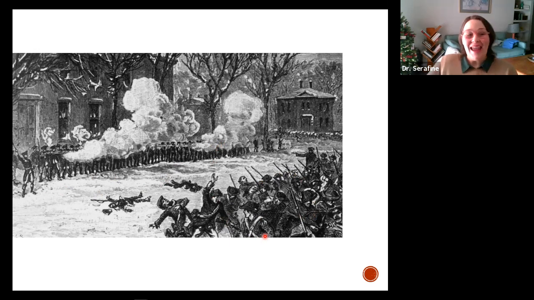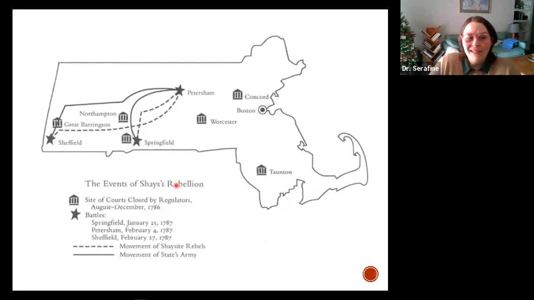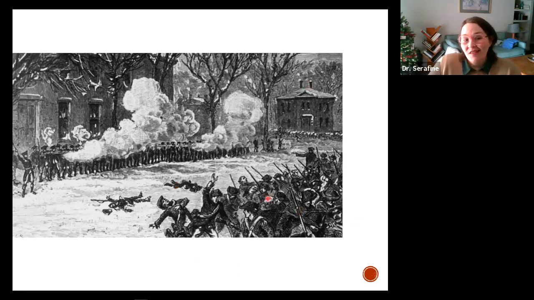I forgot his name, John Hancock, who became the next Massachusetts governor, pardoned all of them. People love John Hancock. John Hancock's one of the more radical revolutionaries. He pardons them all. There's a lot of sympathy for this. Wait a second, we're firing on our own farmers in our state. So ultimately, this is the takeaway for most people in Massachusetts.